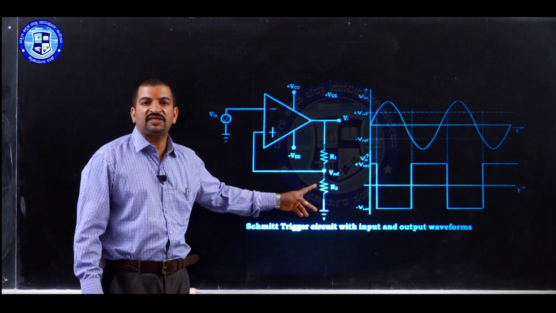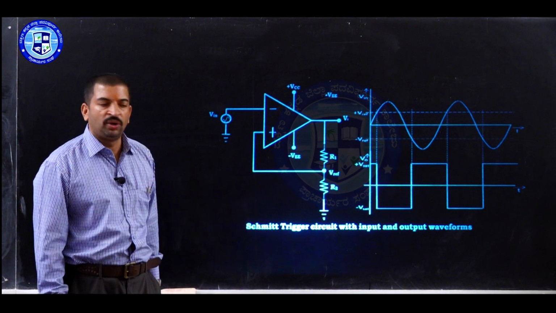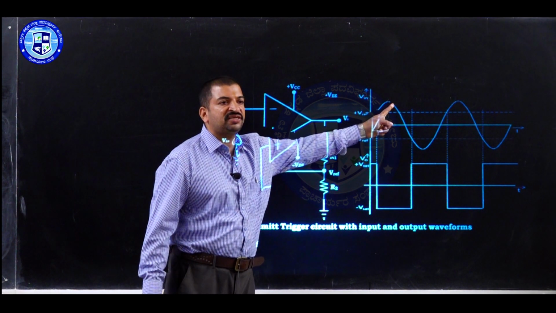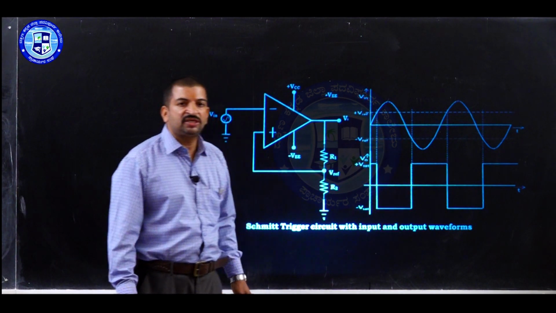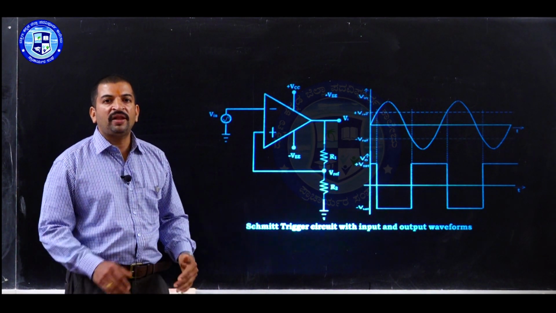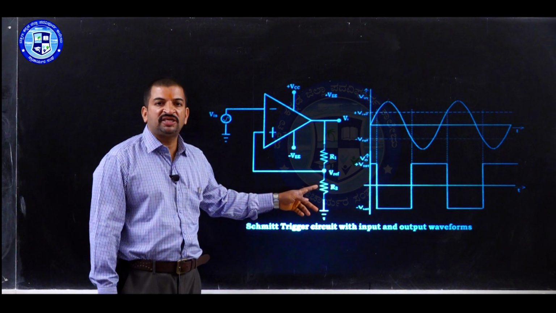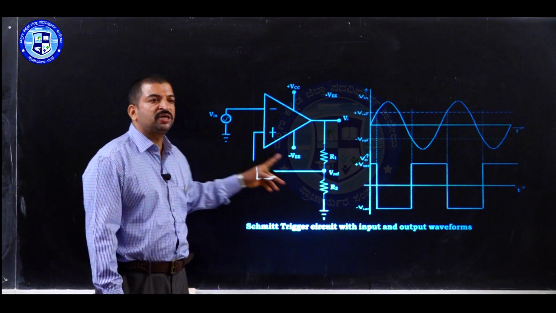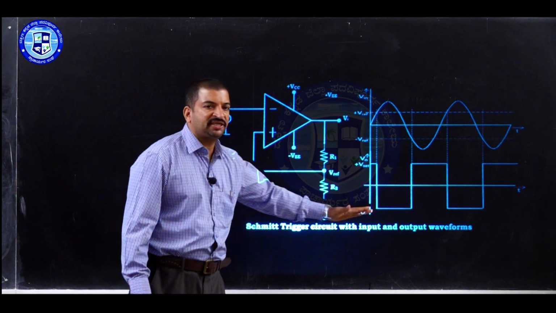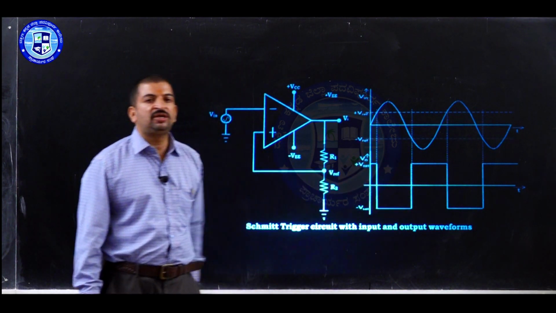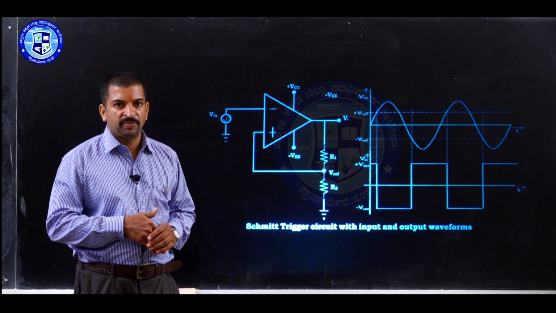Immediately, the voltage across resistor R2 now becomes VLTP, the lower threshold voltage. The signal further increases and reaches its maximum value, decreases, crosses zero, and increases during the negative half cycle. When the input signal increases during the negative half cycle, the voltage across resistor R2 becomes greater than the voltage at the inverting input terminal. Therefore, the output voltage changes state from minus V saturation to plus V saturation. The same sequence repeats again and again.